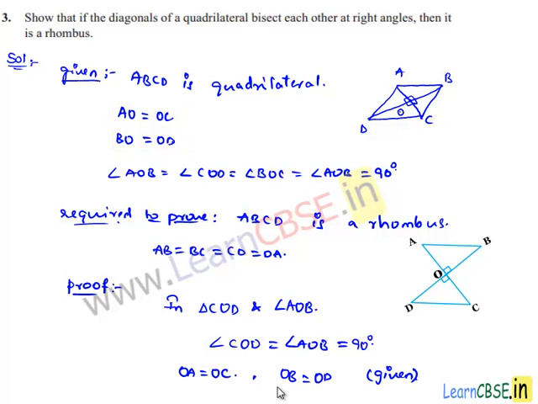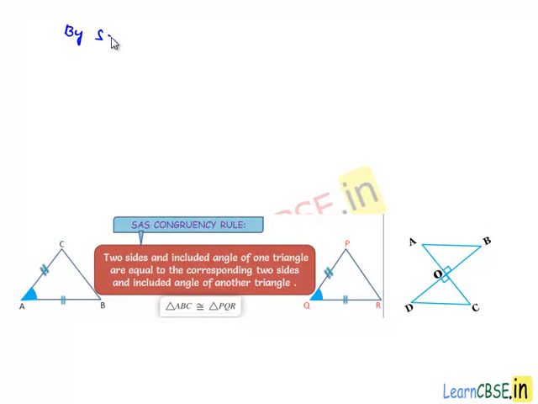From the SAS property, as in triangles COD and AOB two sides and the included angle are equal, we can say they both are congruent. So by the SAS property of congruency,